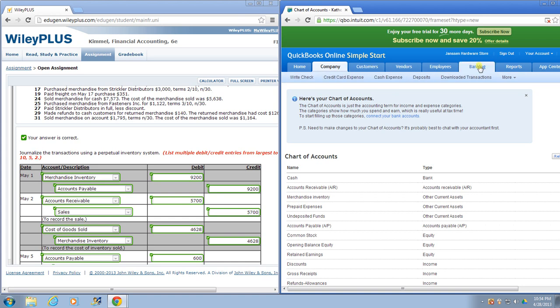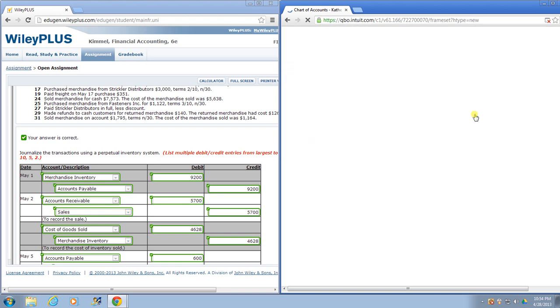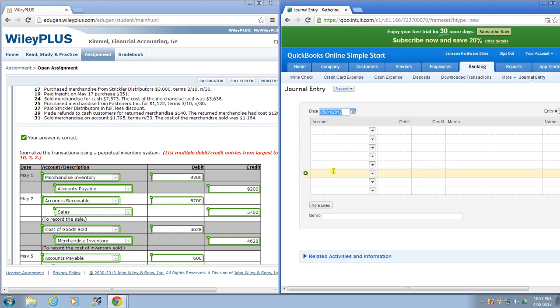Okay, so I'm going to show you how to input our first entry, and you go to the banking tab, go down to more in this instance, and find journal entry. Okay, the first thing you see here, this field is highlighted, it's the date field, and we are starting with May 1st. I've already entered that here. If it didn't say May 1st, then I could either enter it in this field or click on the calendar here. Okay, so the first account is merchandise inventory,